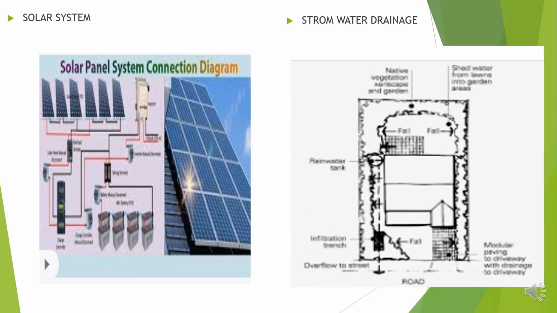Stormwater drainages. When rain comes down, the water will be collected through the terraces and will come down, and it has to go outside the building, for which you have to construct a stormwater drain. This stormwater drain will show you how it will be stored, where it will be going, what will be the width of the drain and everything. All these details will be covered in the stormwater drainages.